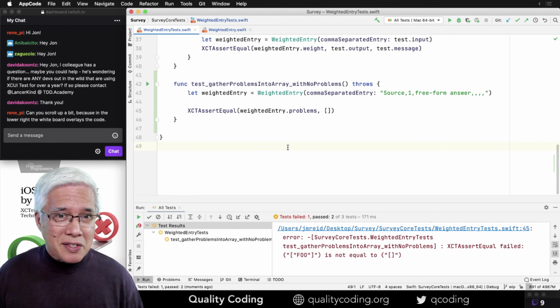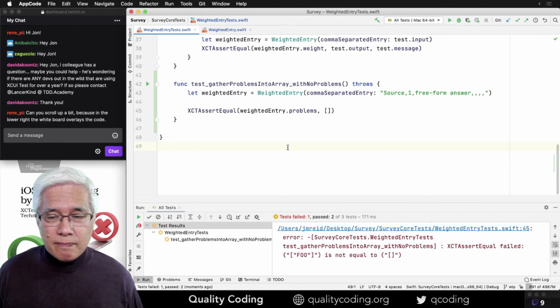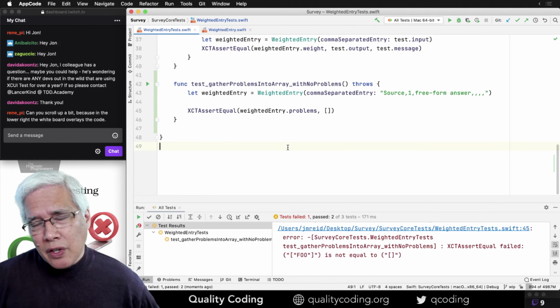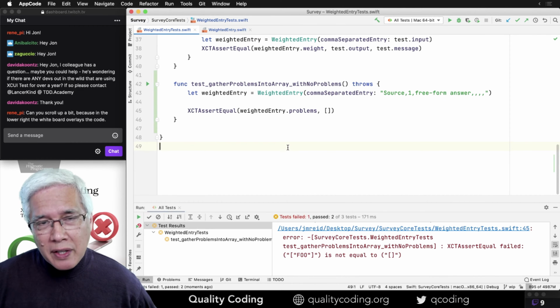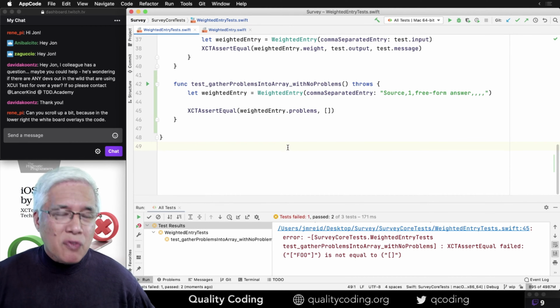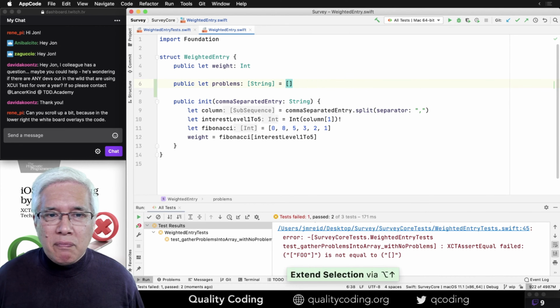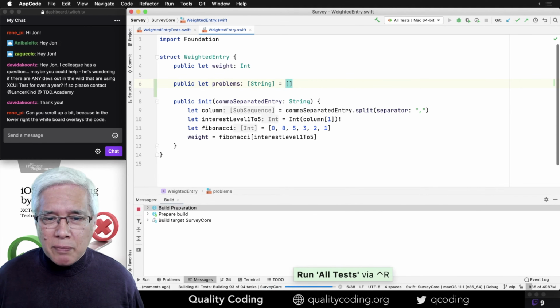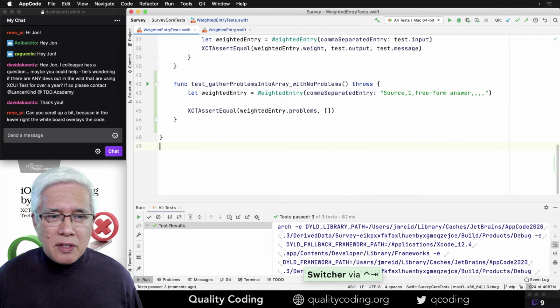One is to test the test, but the other is to test the failure message of the test and to make sure that it's useful, especially because most of the time these tests are run, you won't be running them locally. They will be run for you on your build system. So now let's fix this by making it an empty string. This should pass. Good. And that's good enough.